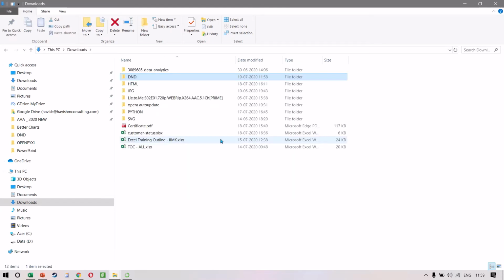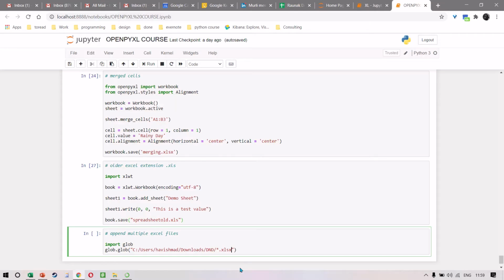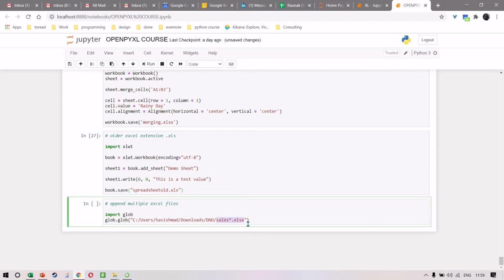For example, I'm just going to select a different Excel file and put it in the same folder. Now we only want the 3 files that are starting with the word sales. So we will have to say that it should be sales*.xlsx. We're using the asterisk here as a wildcard character.